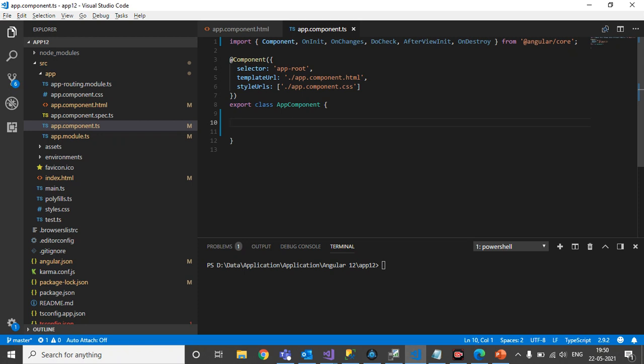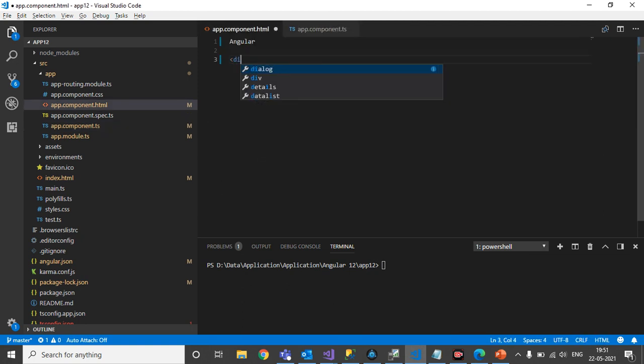So ngIf you will use in a case where you have more than one container and you would like to show one container or one section at a time, and the rest of the sections will be hidden from your browser or DOM, right? Let's take an example.